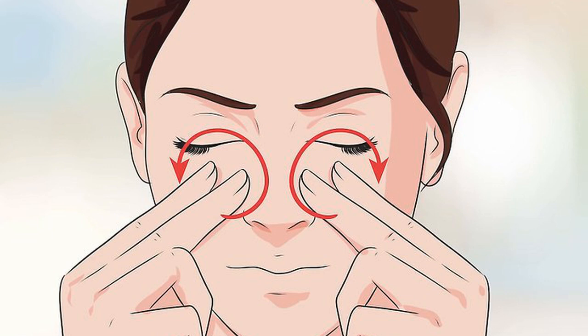Using your index and middle fingers, apply gentle pressure in a circular motion to the forehead, frontal sinus, the bridge of the nose and temples, orbital sinus, under the eyes, maxillary sinus,